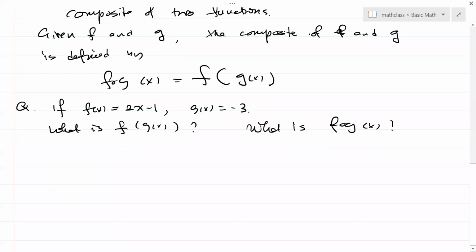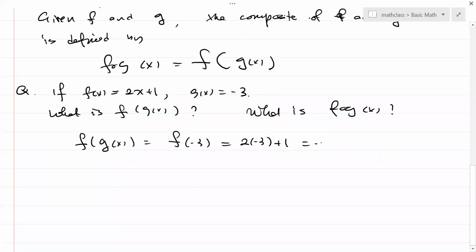Then you just need to evaluate this. Because g of x is a constant, let's put negative 3 there. Then you get 2 times negative 3 minus 1. So that is going to be negative 6 plus 1, which is negative 5. So that's all about it, I just wanted you to know the